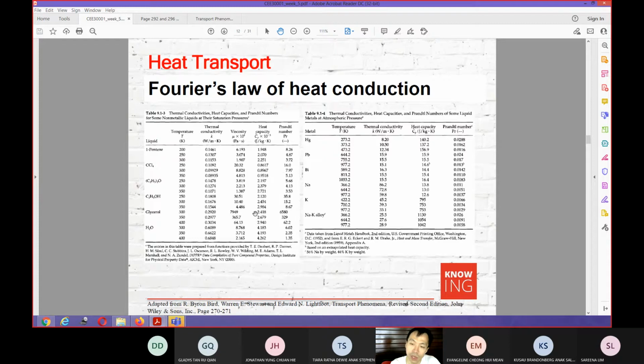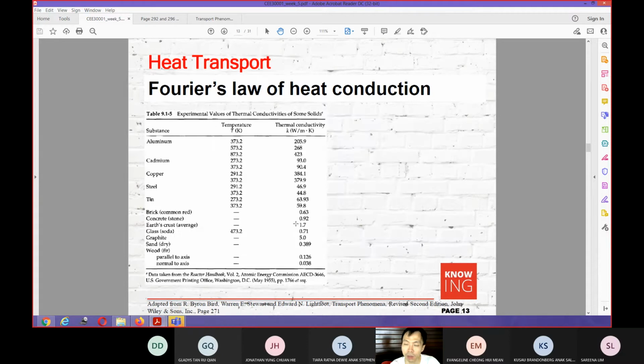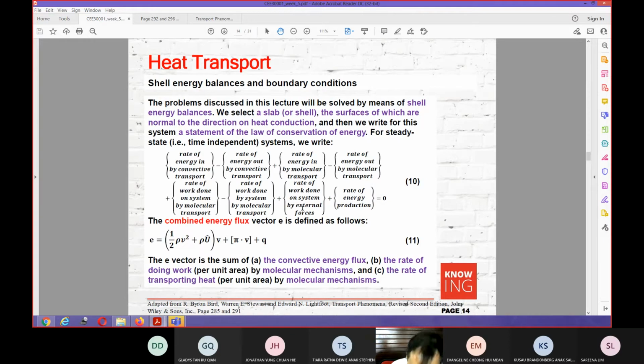So many things you can see from the tables in here, and if you refer back to the book, you can reflect much more on these things that will give you an insight into the behavior of the different materials. Now,